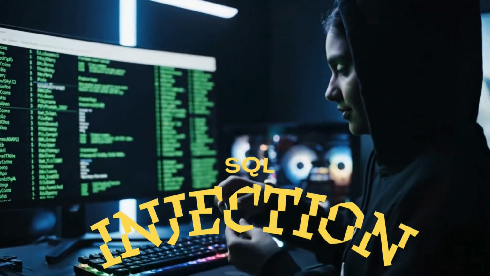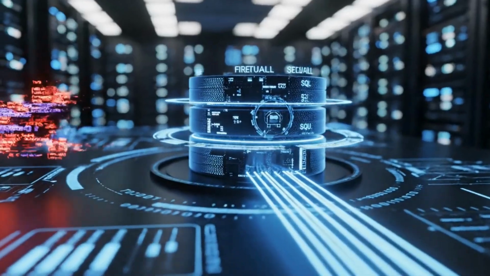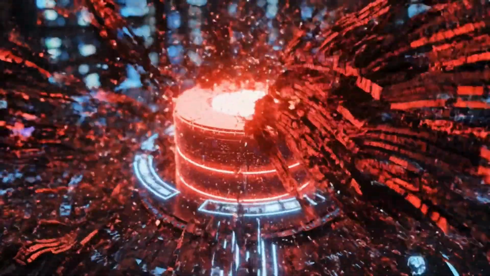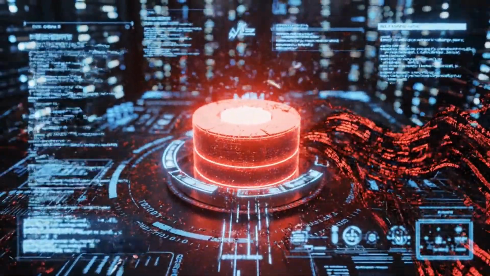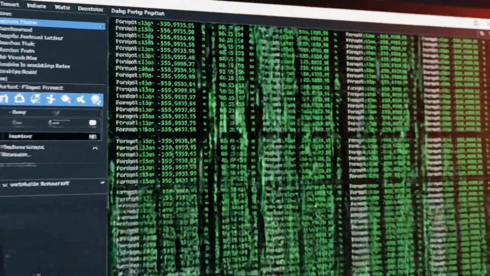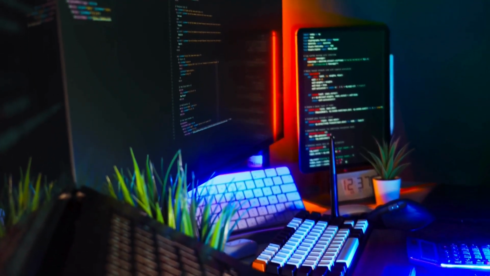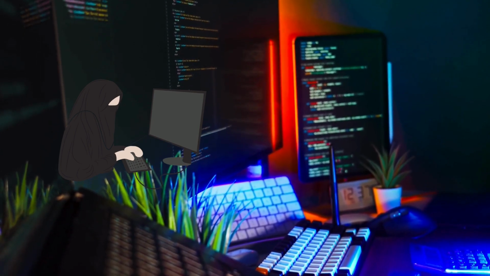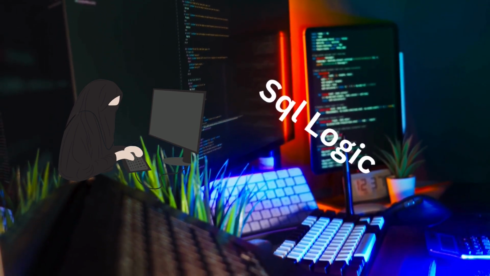SQL injection. So first things first, let's learn what SQL injection is. SQL injection happens when an application uses unsanitized user input inside SQL queries. With that, attackers can change the query logic, or read and modify the data.